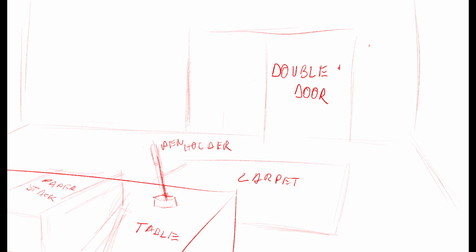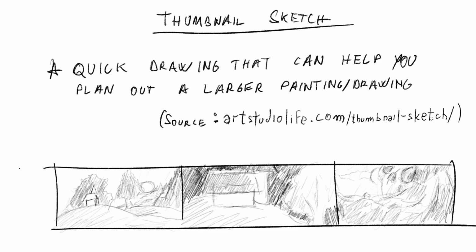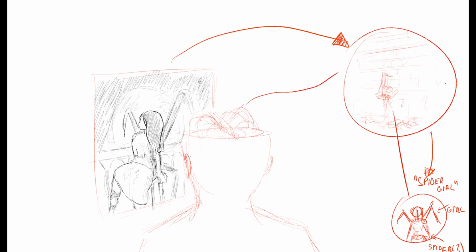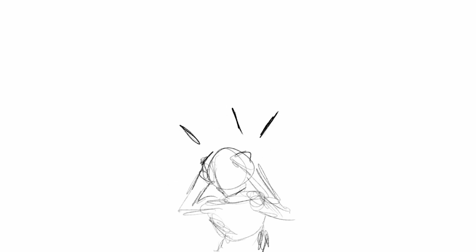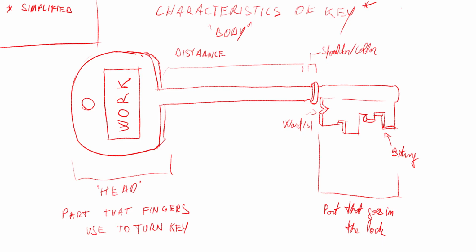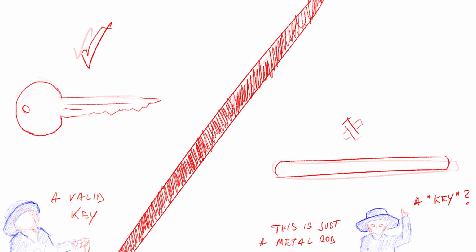A good way to use a reference, from what I've heard, is to make the composition with little to no reference, then find and use references that fit your aim. This way, your thumbnail sketch won't be influenced by the reference. You will get all of the accuracy of using a reference and all of the creativity of using no reference. If you are worried that using references will make you less creative, that is. And also, it's a good idea to have multiple references of the thing you are trying to depict, so you can have a good idea of the general characteristics of said thing, and what you can and can't do.